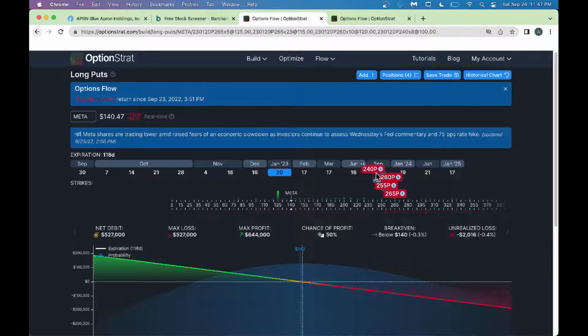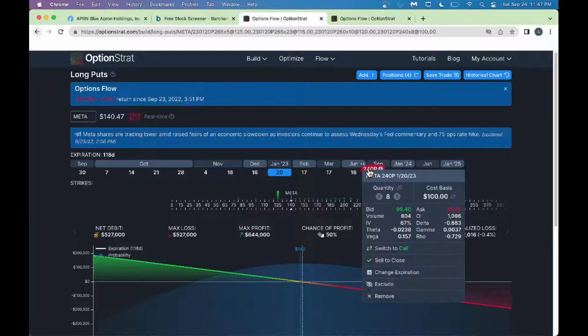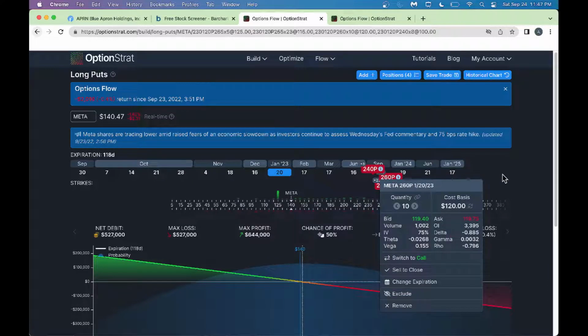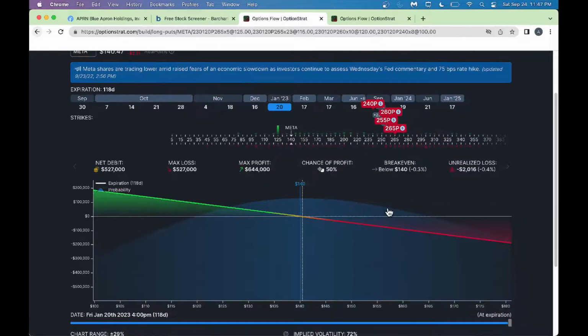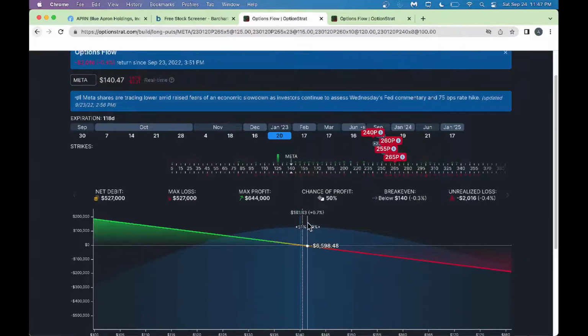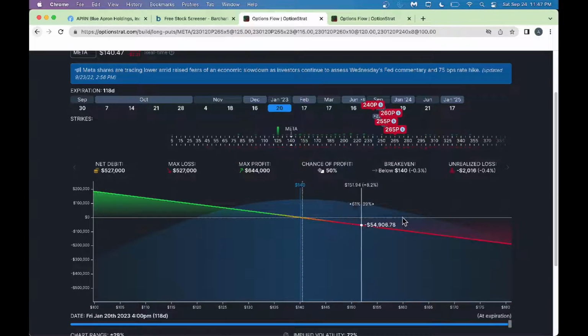Actually, a lot of put options selling. 240 put. They're collecting some nice money here. Look, they're collecting $100, and you got 260 put, again $120. They're collecting a lot of money here, and they want the stock to be above $140 by Jan 2023. That's what's going on here. They're hoping the stock will go higher. As the stock goes higher, they'll